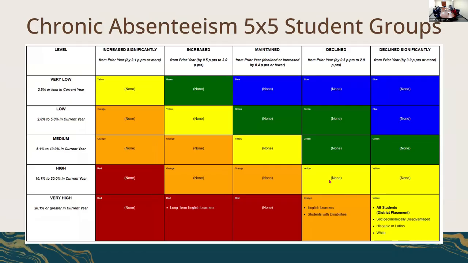The next 5x5 grid is for student groups. We didn't have any students increase significantly. We did have an increase in our long-term English learners, and that's a small group for us. So Nicole Chen and I are already looking at who specifically those students are so that we can reach